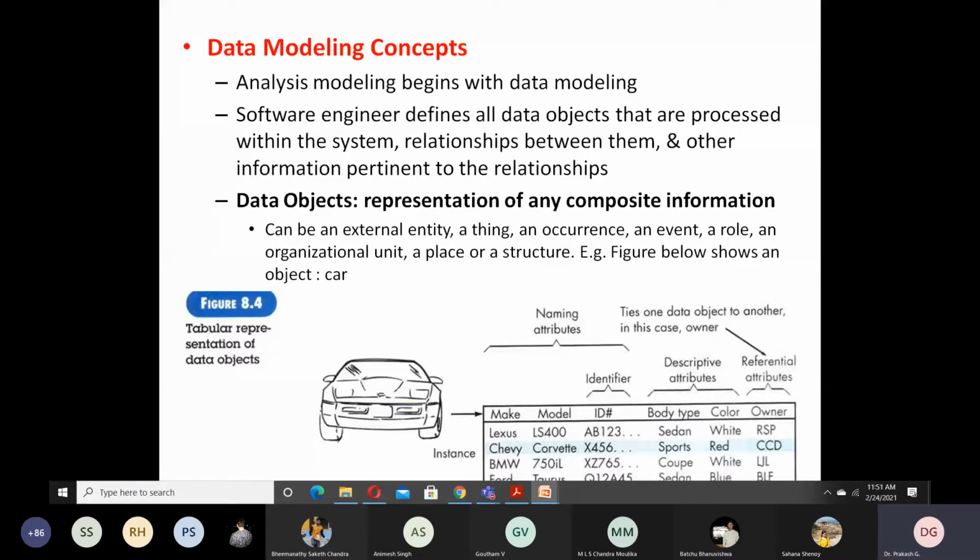What can be the external entity? Some example you can give. For example, let us say this particular project is a student management system. For the student management system, we are defining some data objects. With respect to this, what can be an external entity for the student management system? Now you can tell.